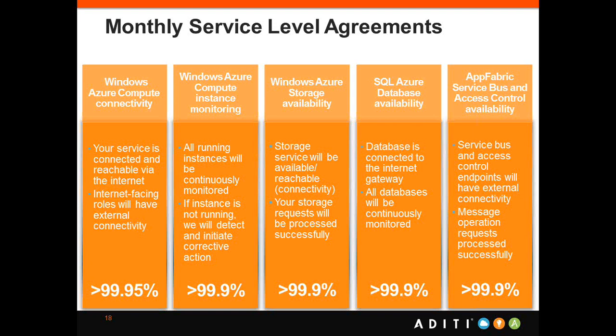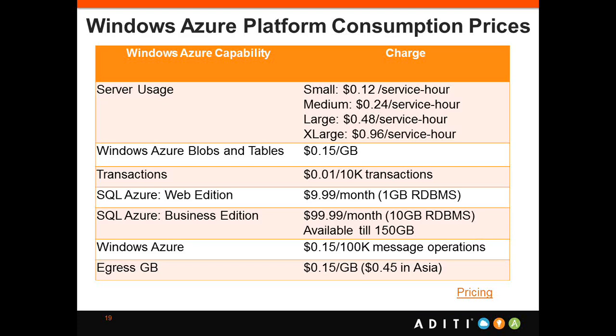Consumption prices, very interesting. As we say, it is no capex, it is opex, I mean operational cost. So we don't have to invest upfront. It is all usage based. So if I'm using my small instance, we'll see that instance. When you select a virtual machine, you have an option to say that I need a small version, or I need medium or large or extra large or extra small. Depending on the RAM and other things, we'll see where to configure that.